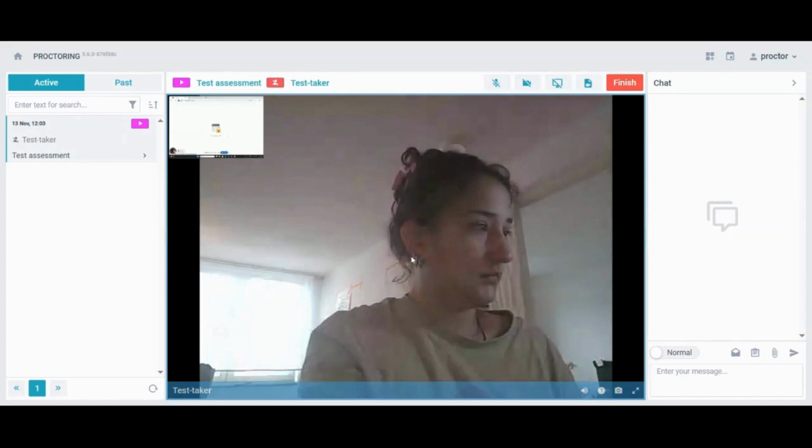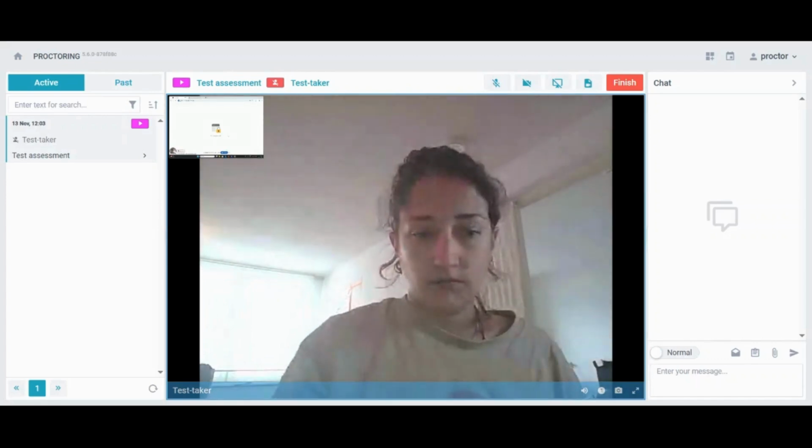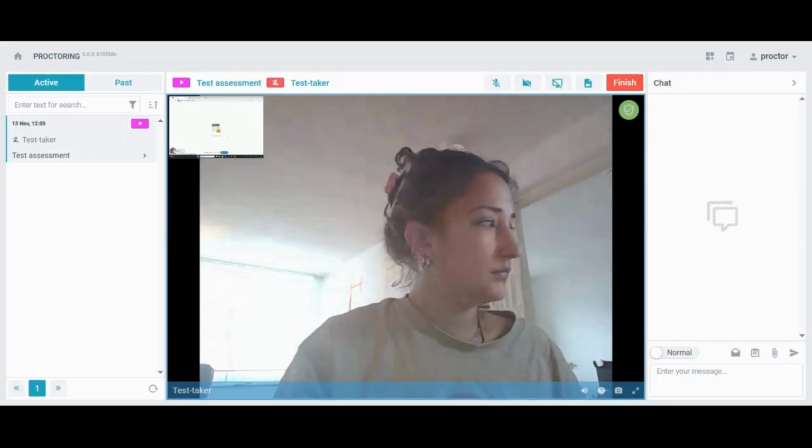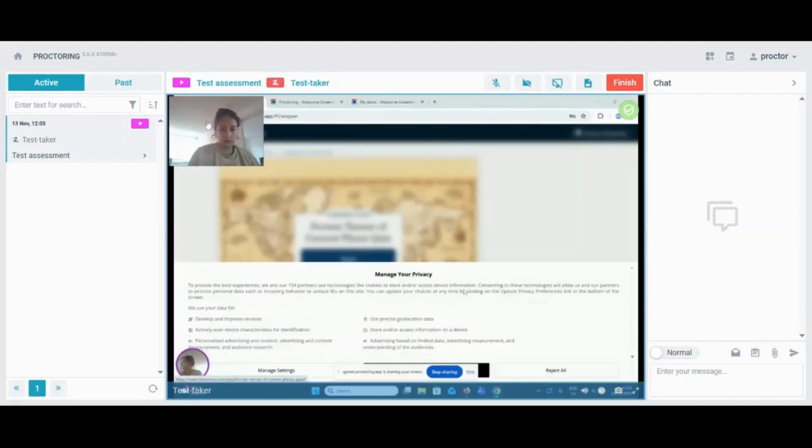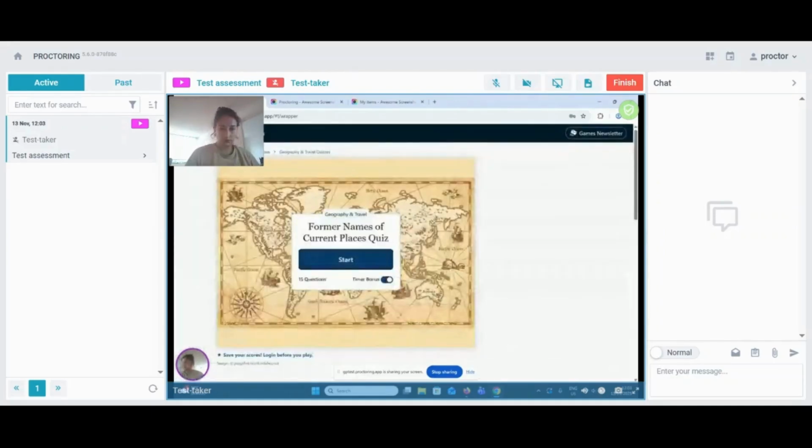On top, the proctor's interface includes the monitoring toolbar where the proctor can use the microphone, camera, and screen sharing to speak with the test taker or instruct them. The proctor can choose between having the test taker's camera feed or their screen sharing feed on full screen. They can use the chat function to write messages to the test taker, welcoming them or sharing any rules or